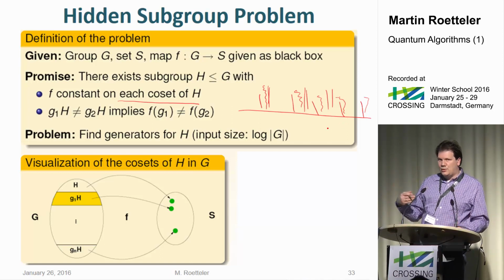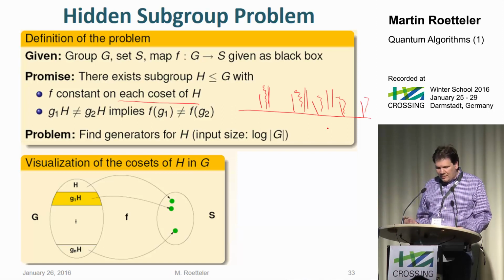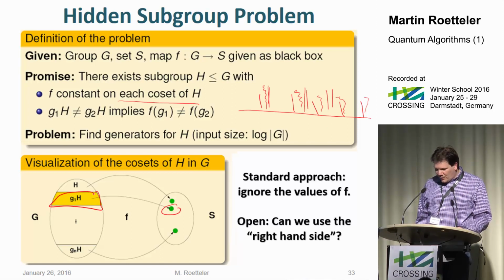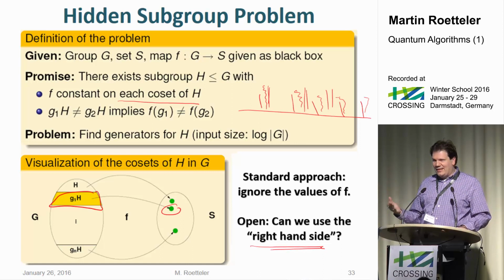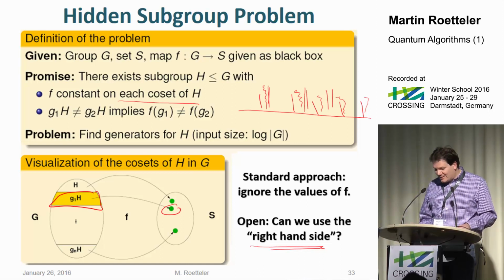That's exactly what happens in Shor's algorithm, but you can generalize it immediately that way, so that when you measure a function value, you collapse the state to a coset. It's a very powerful framework. Unfortunately, we don't know many groups for which this really plays out. And in particular, as far as I know, nobody really knows what to do with these function values other than ignoring them. Nobody has any reasonable sense of doing anything else as far as I know.